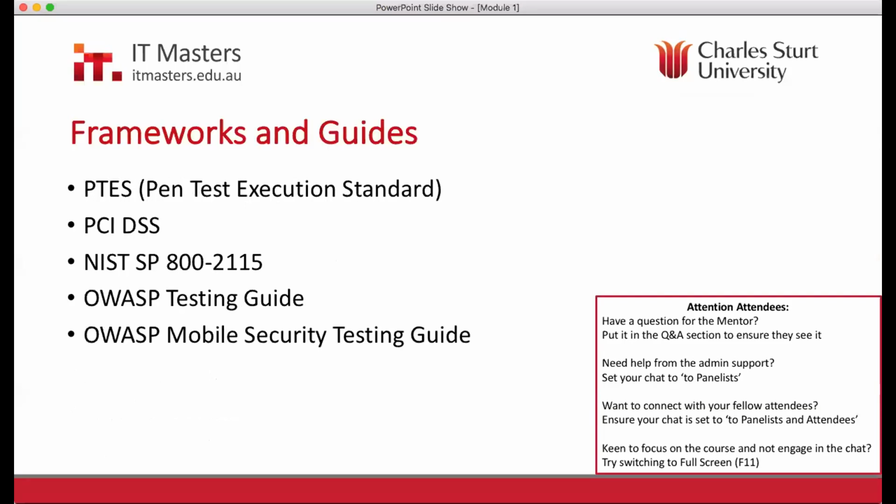Frameworks and guidelines. This is a bit of a boring part of penetration testing. Who wants to break into stuff and then have to put a structure around it? But they can actually be really helpful. The Penetration Testing Execution Standard is good and very comprehensive. It's got really good guidelines into reporting as well. PCI DSS has a good guide on what should be done during a pen test. They all kind of follow the same stream. They're all intended to pull together a body of knowledge and to allow a pen tester to do a more thorough job.